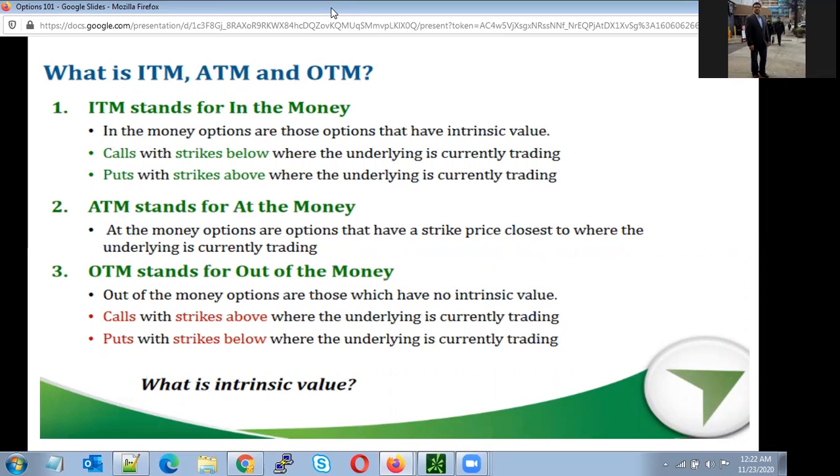Today I am not going to go very deep and define the option Greeks, because option Greeks get confused very fast. It is very easy normally, so don't panic about it. It will be automatically covered when you see any software, it will take care of it. But we'll try to get that into the next session. So let's find what the in the money, at the money, and out of the money options are.